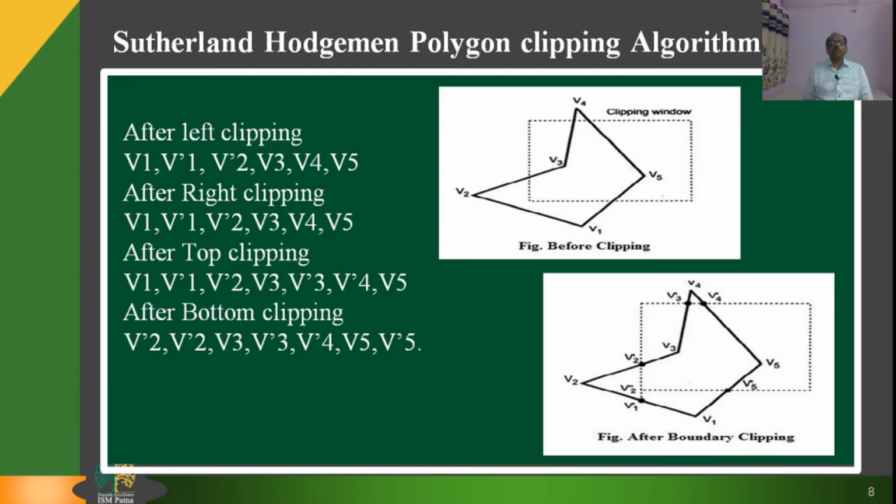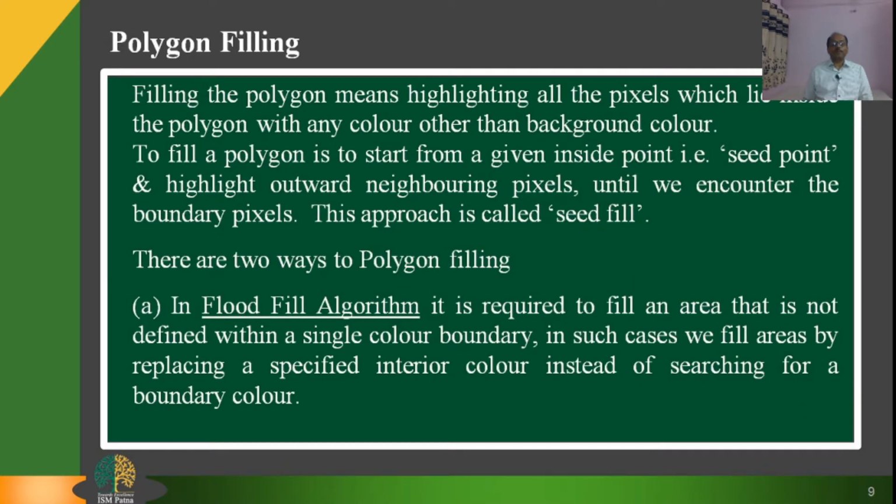So, now one more issue is required. Whenever we draw a polygon or line, in case of polygon only, that may require some sort of filling. If we do not fill any polygon, only the boundary line will appear, but many times in preparing computer graphics packages, we require to fill the surfaces of the polygons.